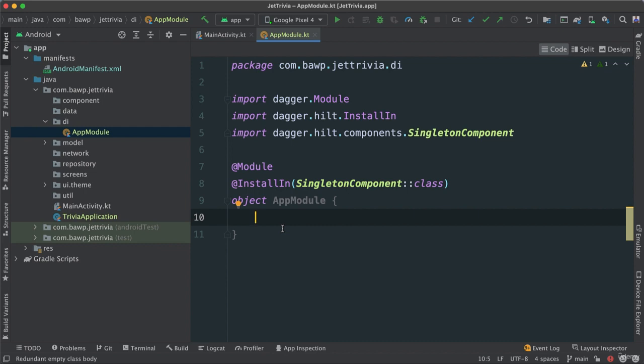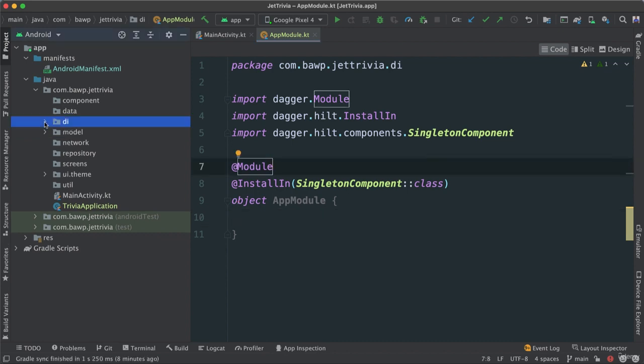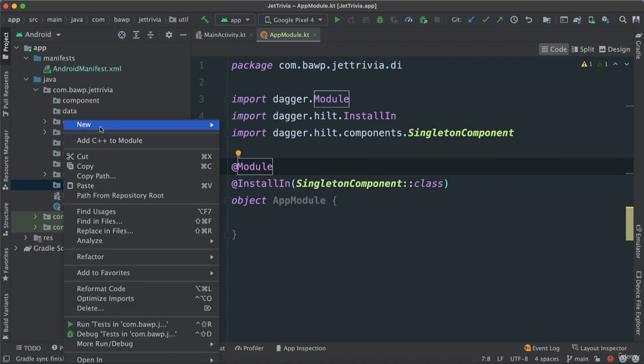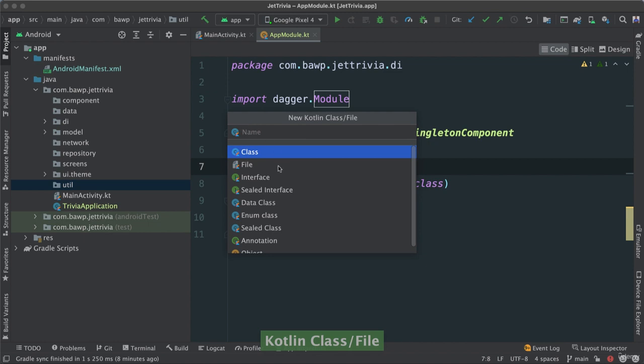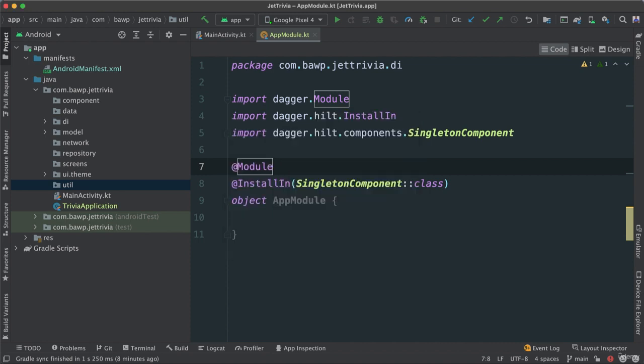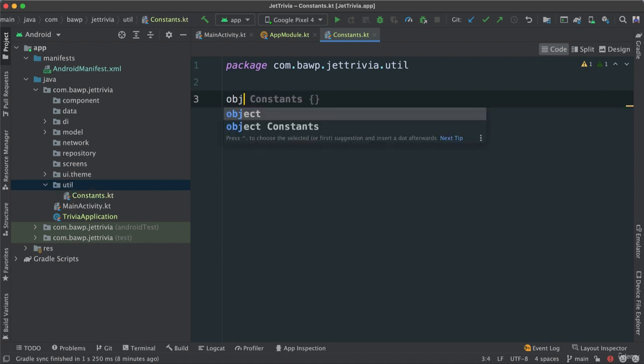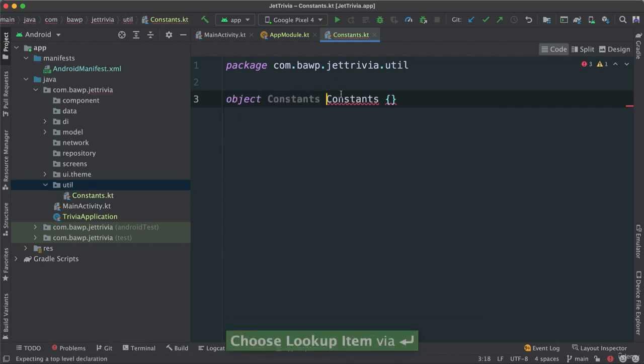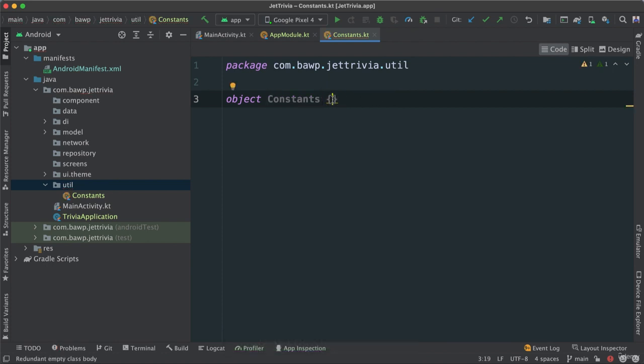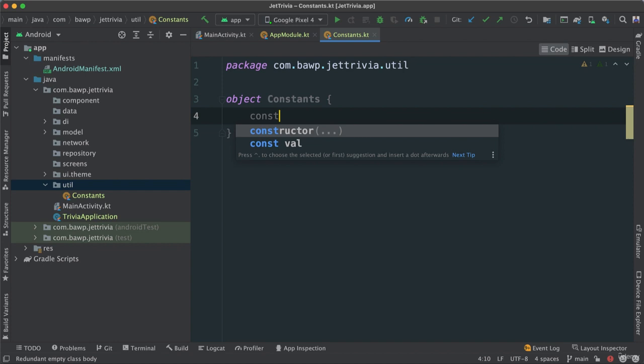And while I'm here, also inside of our utils here, I'm going to create a class or a file. Let's create this one called Constants as such. So here is where I'm going to add a few constants. What I'm going to do is make this an object, that way there's no instantiation. It's just a singleton. And here I'm going to say const val,